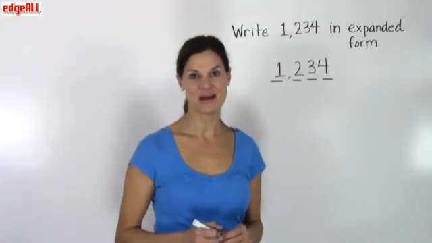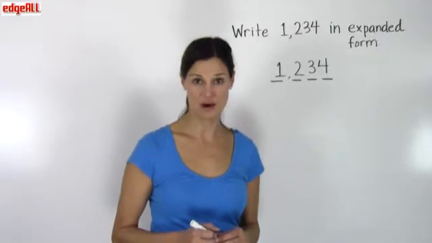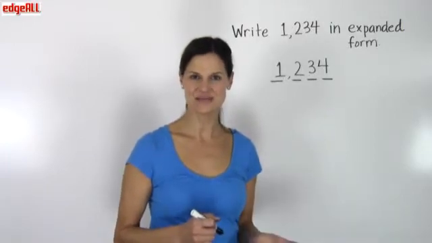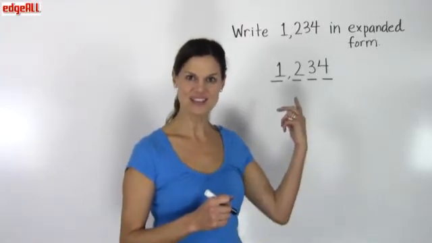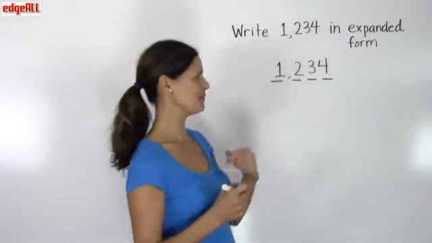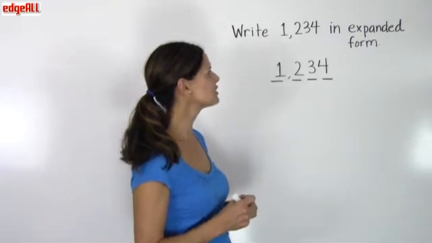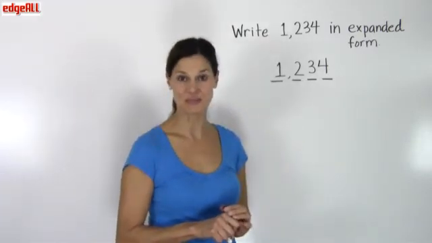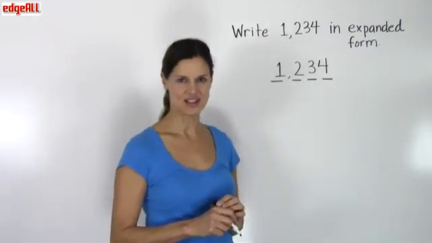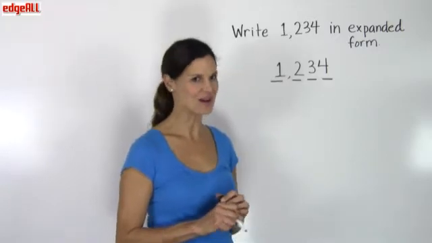Let's take a look at numbers written in their expanded form. Before we look at decimals in their expanded form, we're going to start by looking at some whole numbers. So let's start with this. Write 1,234 in expanded form. What we want to do first of all is remember the place value of each digit